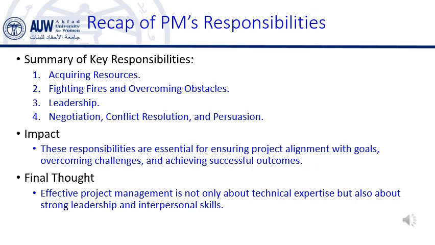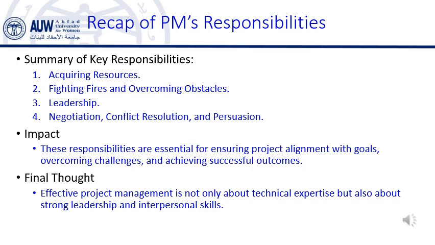Example. If the project is running behind schedule, the PM needs to communicate with the client and explain the reasons for the delay. The PM must also negotiate a new timeline or solution that aligns with both the project's goals and the client's expectations. This connects back to our lessons on communication and stakeholder management. The PM must be transparent with stakeholders, keeping them informed and ensuring that they understand the project's progress and challenges.